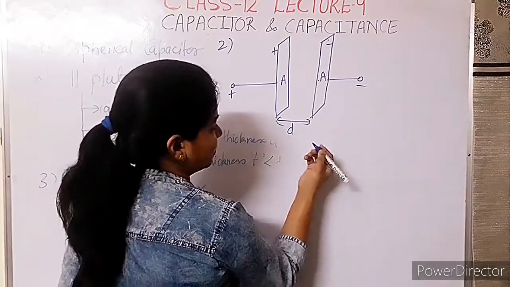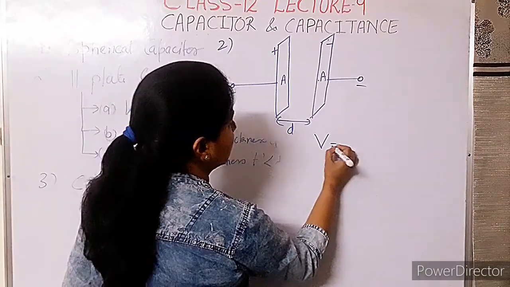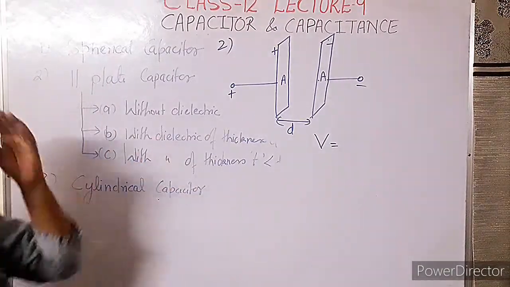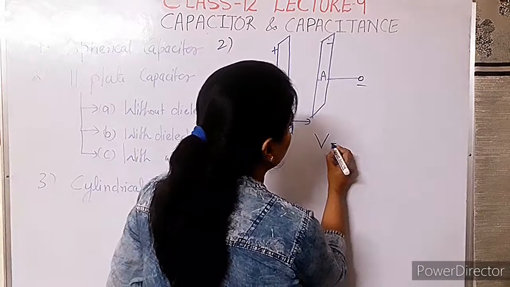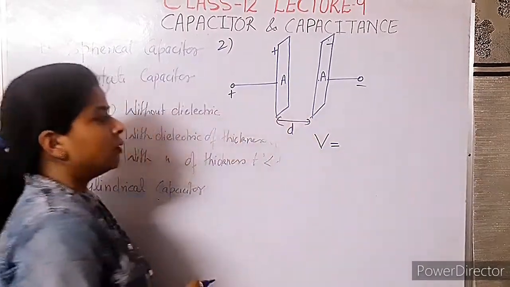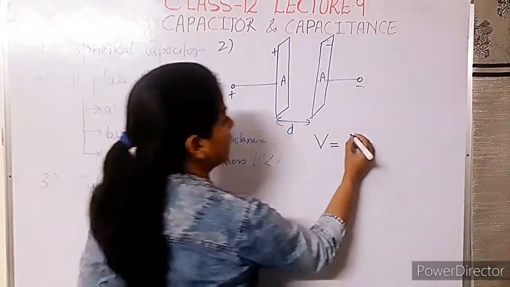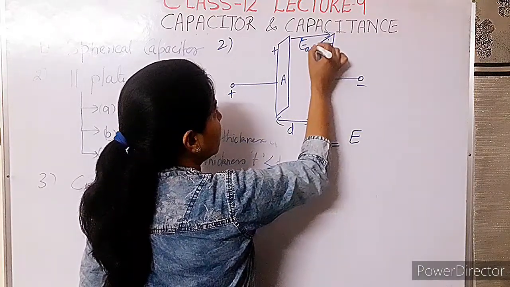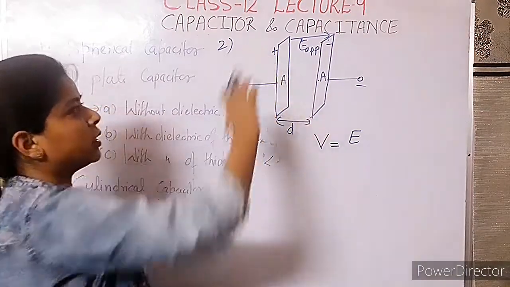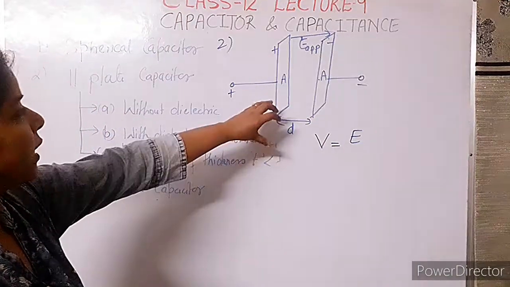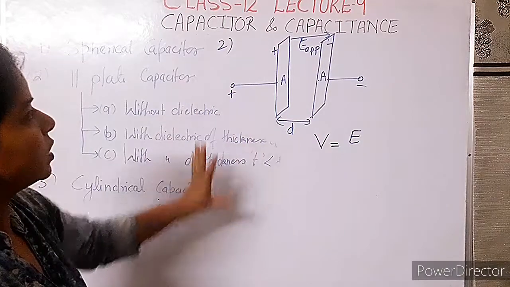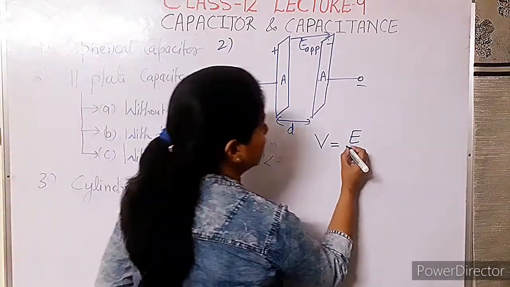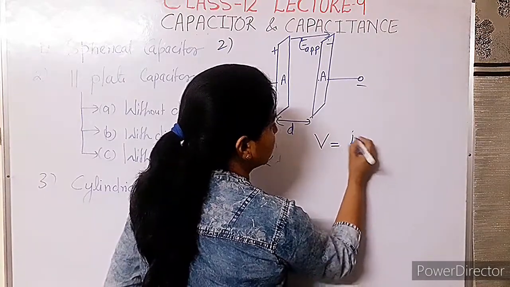First of all our basic step is V, to find the potential difference across the plate or voltage across the plate. So what should be the value of V here? V is equal to the electric field across the plate, applied electric field from the source, that is E applied. There is no dielectric in between the plate, so we don't need to consider this in between middle area of the plate. So E multiplied by D.